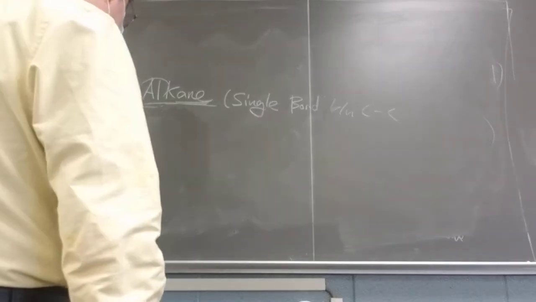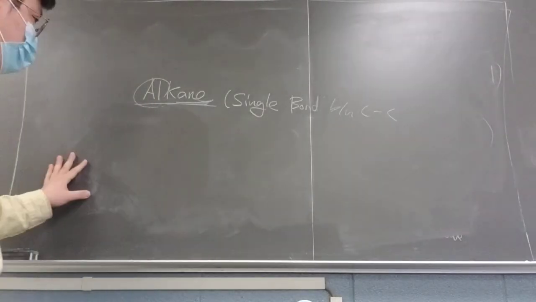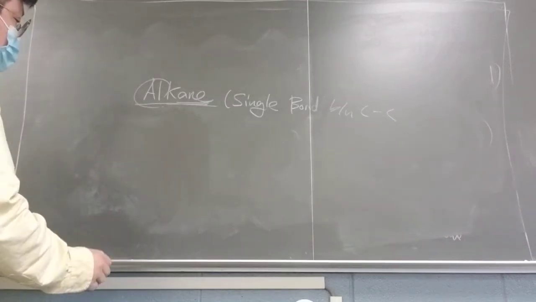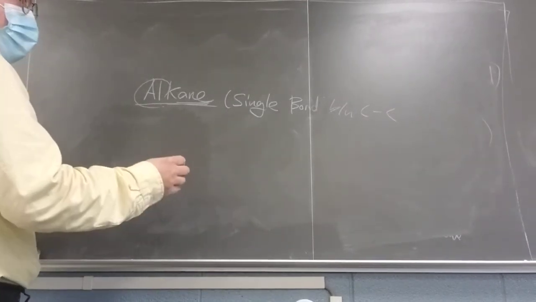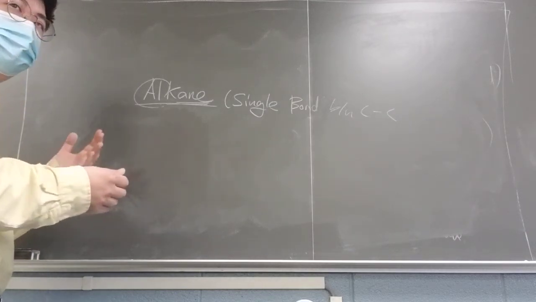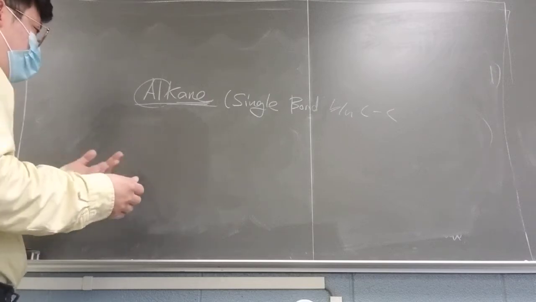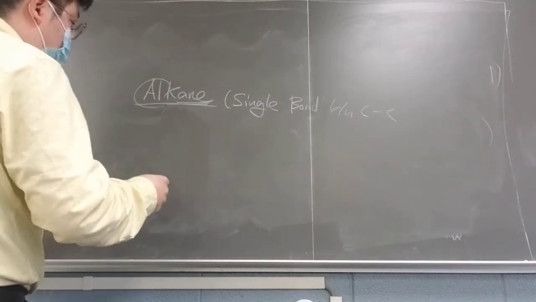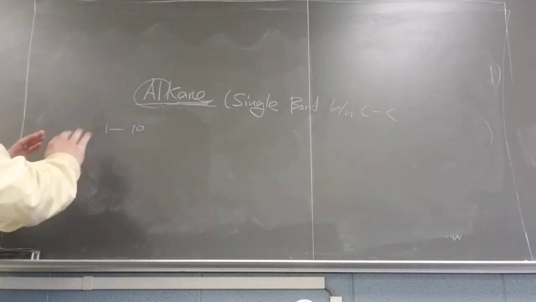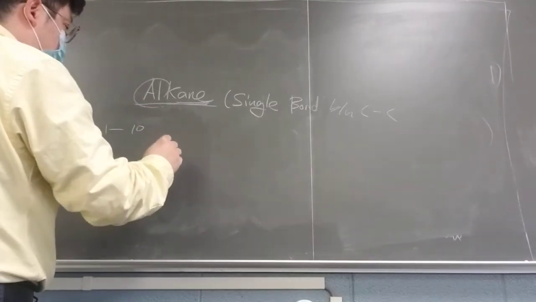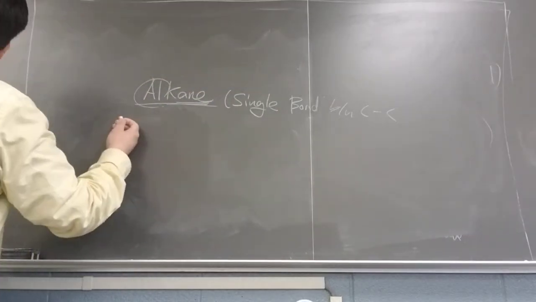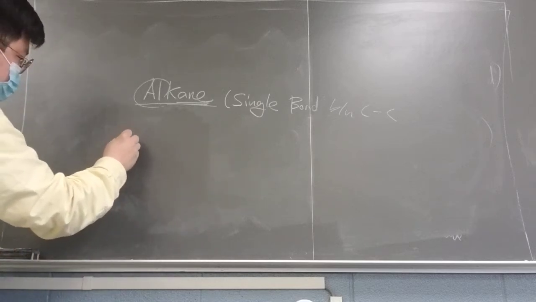So the first part of chapter 3 is obviously the nomenclature. How are we going to name these alkanes? Like I said before, you don't have to know more than 10 carbons, like undecane, dodecane, icosane, or even further. You don't have to know those. Only 1 to 10 is good for the exam. Even higher, 20, 30, 40, you don't have to know. So anyway, we're going to start with the meth,